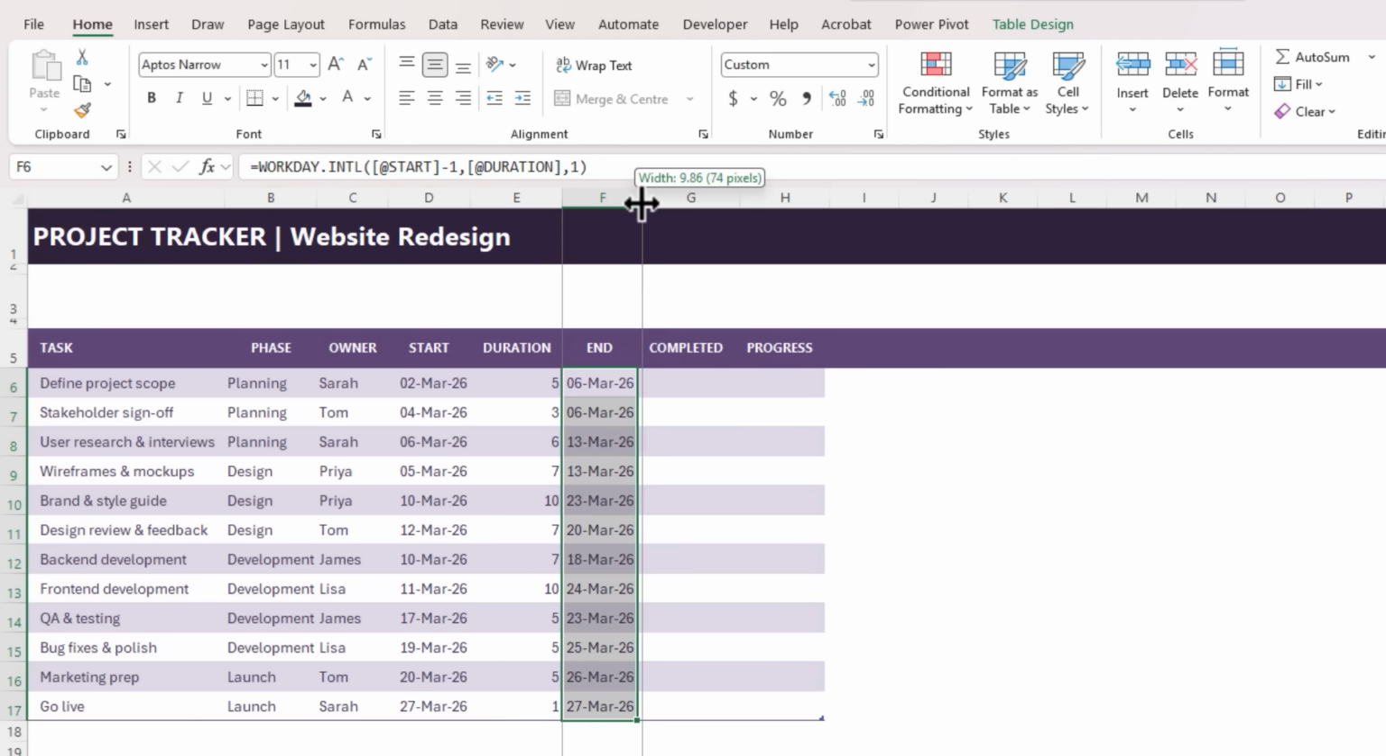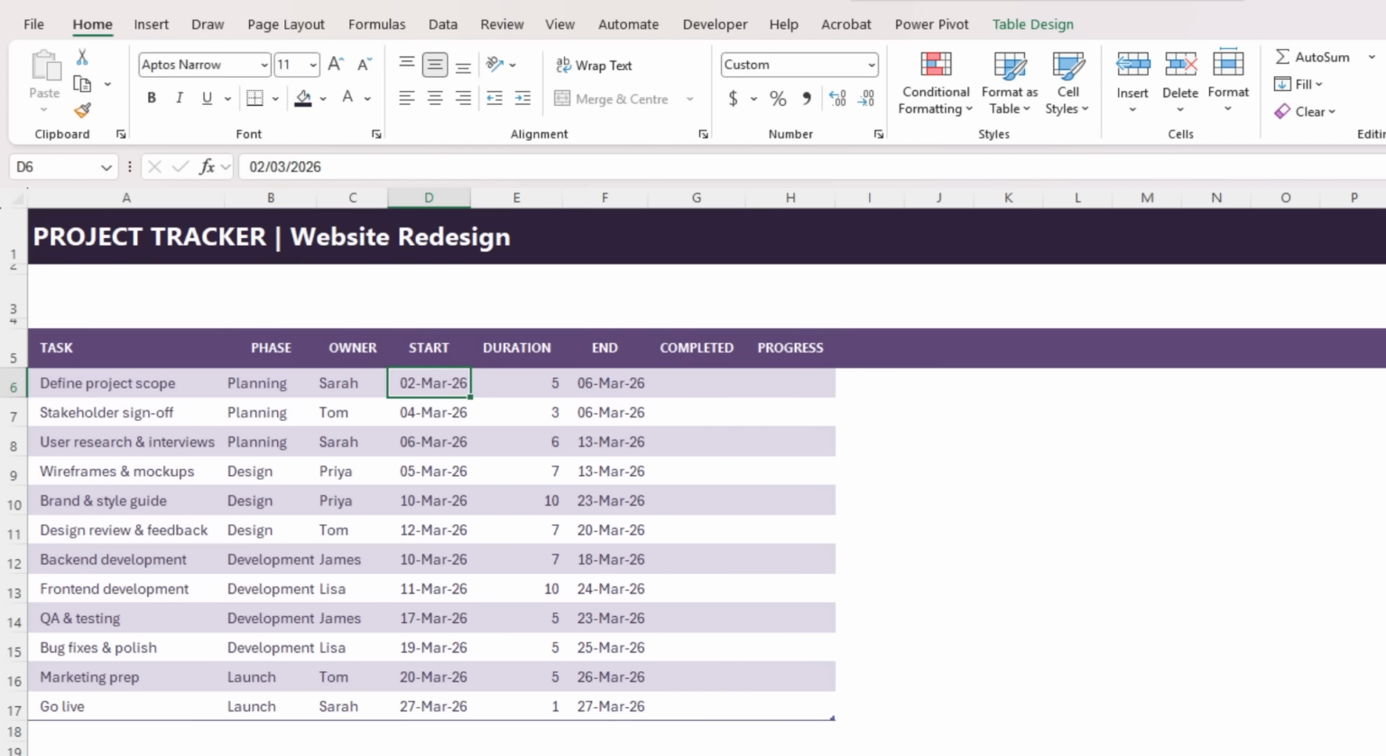And we need the column a bit wider. Now, whenever a start date changes, the end date automatically updates as well. Likewise, if the duration changes. Let's undo both of those, because next we want to track our progress, and we'll do that with the completed